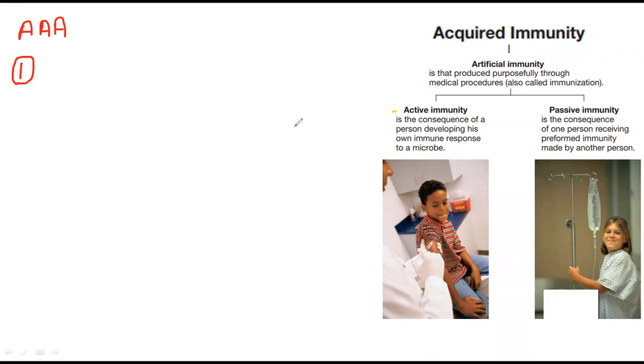Just look here. It is the consequence of a person developing his own immune response to a microbe. In this category, the best example is vaccines. How are vaccines acting as artificial active immunity? Vaccines are components of the microbe, or even a whole microbe, or even a specific antigen or protein of a microbe, that is given to a person just to make him immune